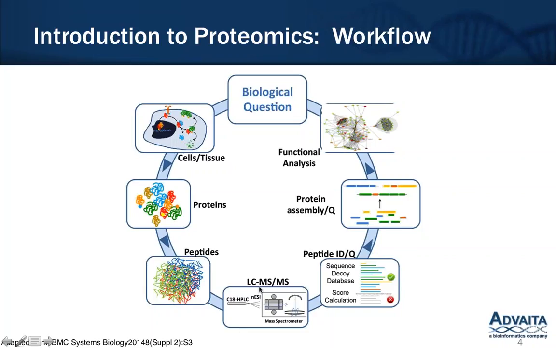And what happens in the mass spec machine is that the mass to charge ratio of a protein and the fragmentation spectra is recorded. This mass spec data, which includes peptides, is then aligned to a sequence database, after which it is assembled into proteins and quantified, and a differential expression file is produced if you are comparing two different sample types. And then from this differential expression file, you can do further functional analysis, such as pathway analysis, gene ontology term analysis, in bioinformatic applications such as iPathway Guide, and that's what I'll show you today.